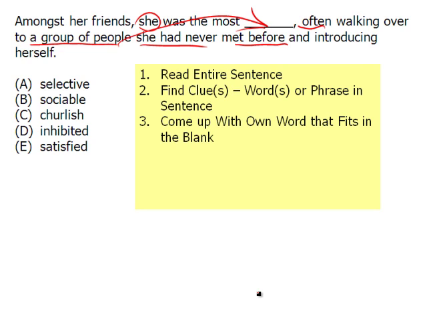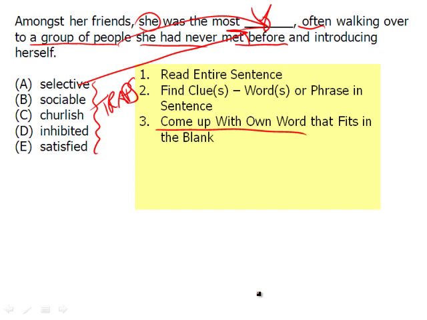What? Really? Yes, you do not want to go down to the answer choices. Herein lies the trap. Because if you do not think through the sentence yourself and you simply start plugging the answers into the blank, you could convince yourself of quite a lot of things. And that's why we come up with our own word for the blank. And so we know she is likely to go up and talk to anyone and introduce herself, so she is the most friendly. Maybe your word is outgoing. It doesn't matter. As long as you come up with one word